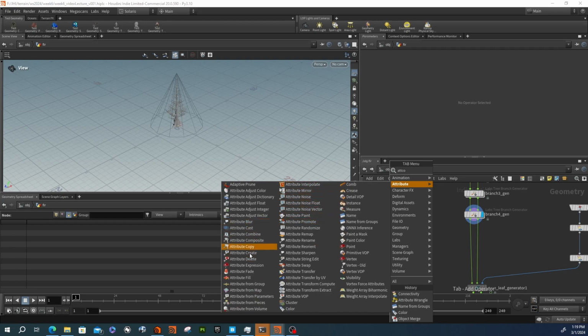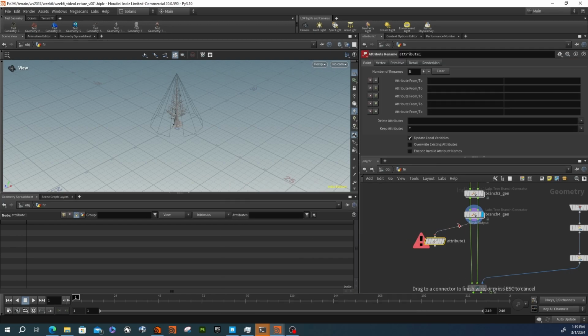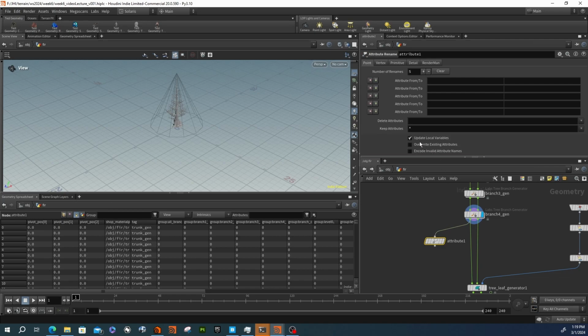Probably a rename, an attribute rename, so long as it doesn't delete the name that it comes from. So let's find an attribute: noise, promote, remap, rename, and override existing attributes, encode invalid. Yeah, see, this is going to delete the existing attribute,